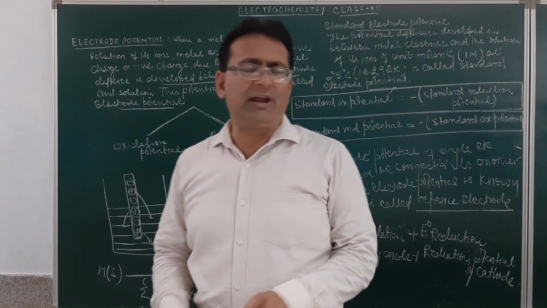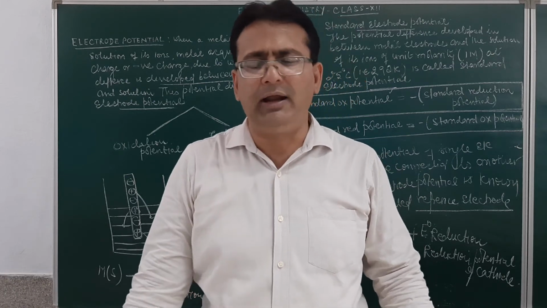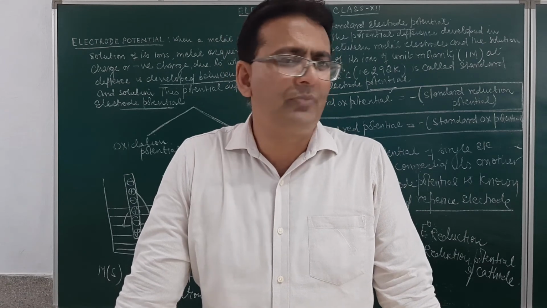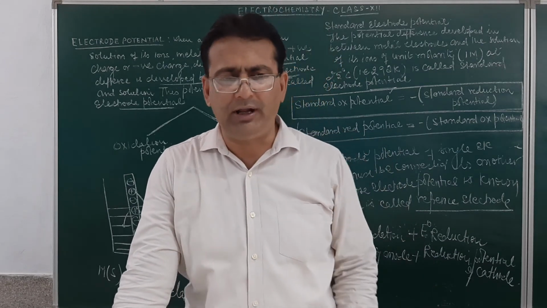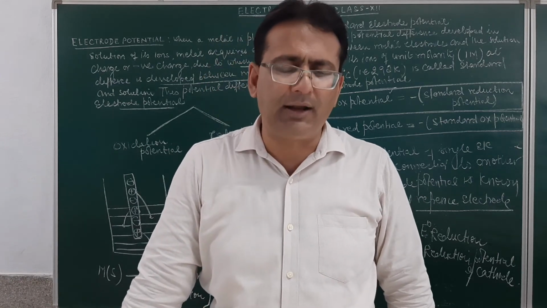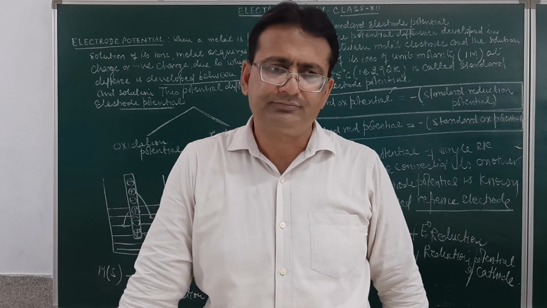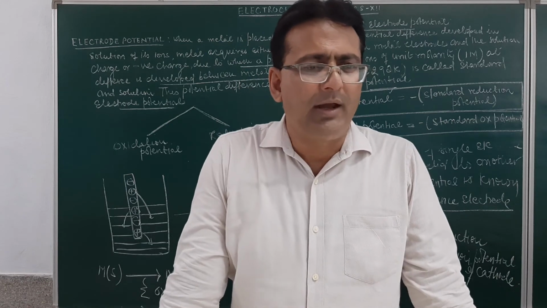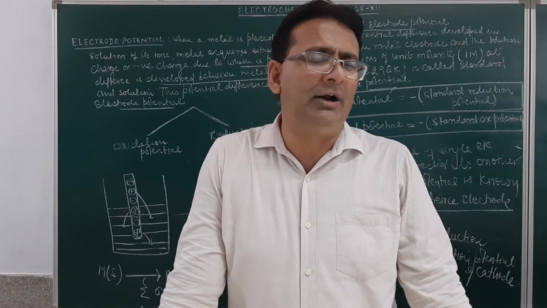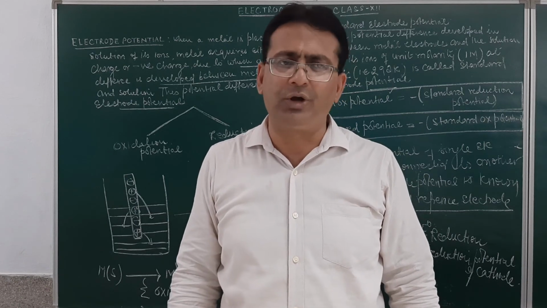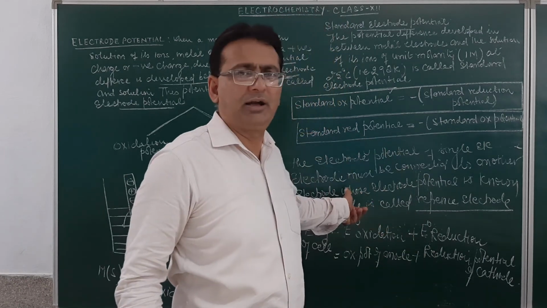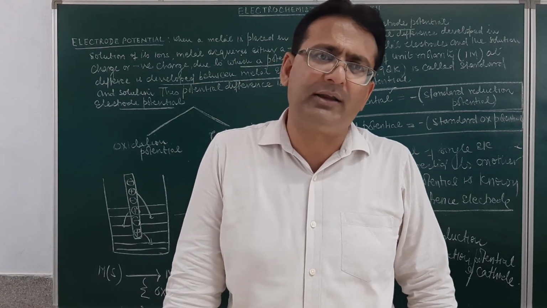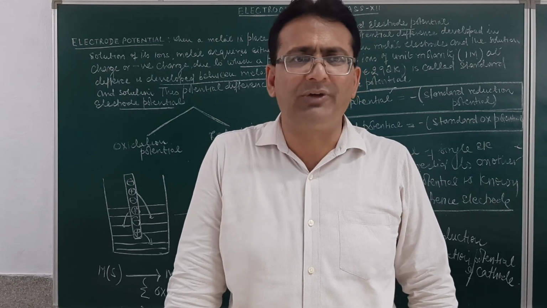So what are we studying in this chapter? Student, in the electrochemical cell, I told you that it has an oxidation half and a reduction half. In the oxidation half, the process of oxidation takes place, whereas in the reduction half, the process of reduction takes place. Now, in the oxidation half, anode will be negative and cathode will be positive. If you want to determine the electrode potential of a single electrode, it is not possible. To determine that, it is to be connected with the reference electrode. The reference electrode is one whose potential has been determined at the specified condition. So I hope you must have understood the concept.